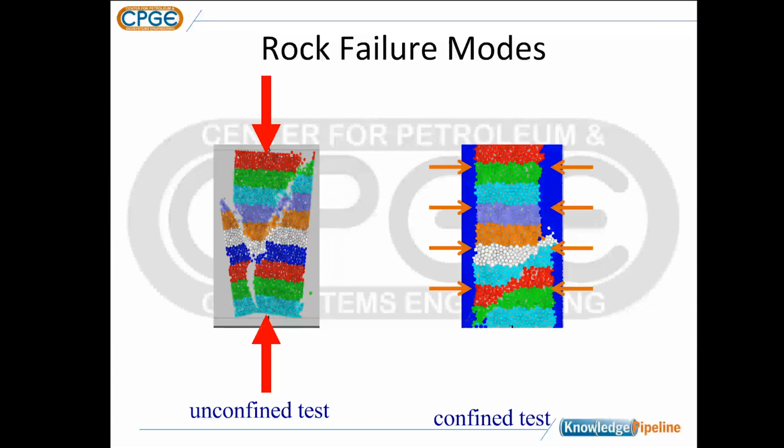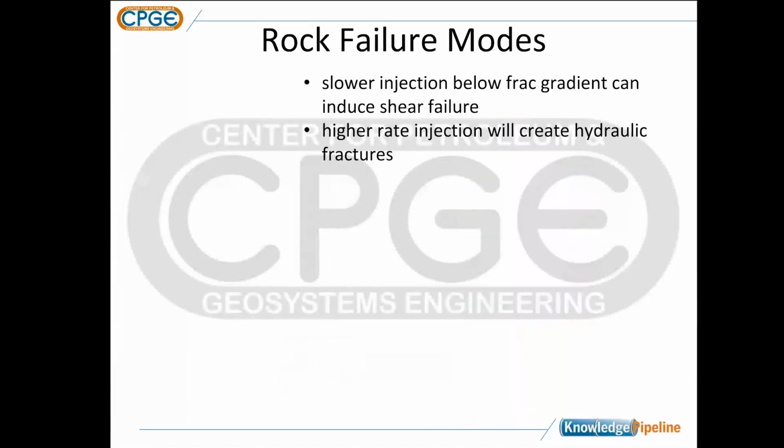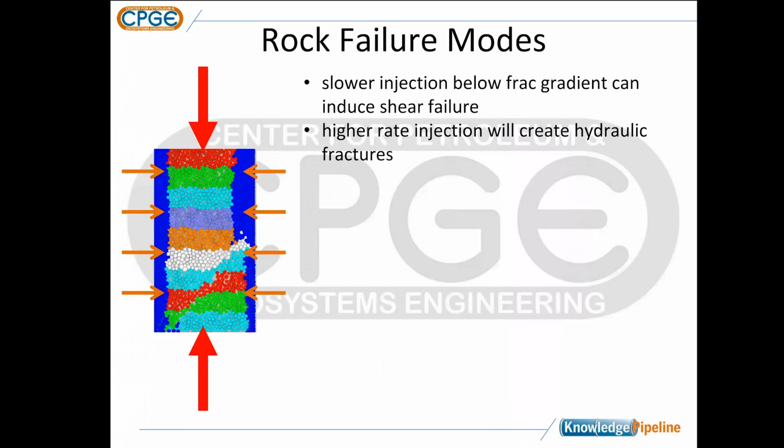So the failure could look like, in the case of a vertical stress being the maximum stress, something that would look like a fault that would slip like this, and we would call that a normal fault. So the fault is oblique to the maximum stress direction, which would be the red arrows here.